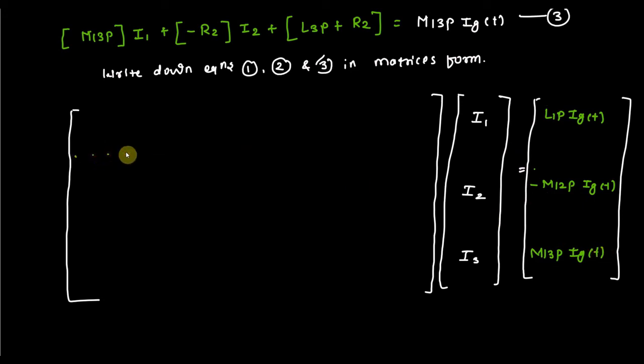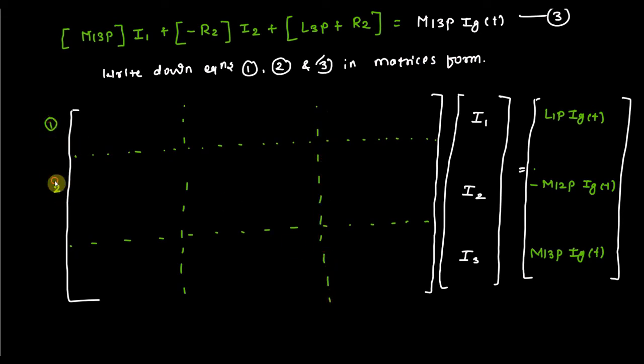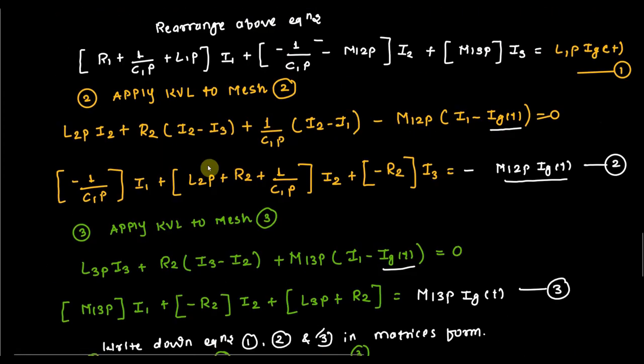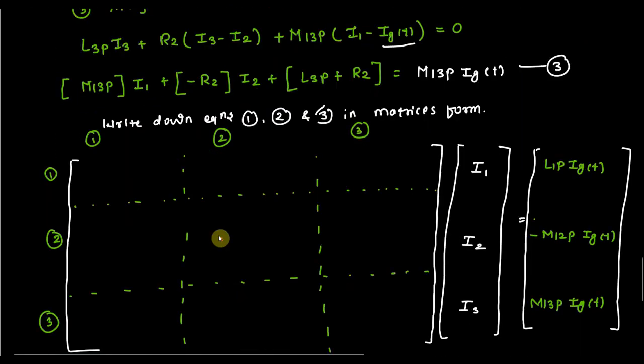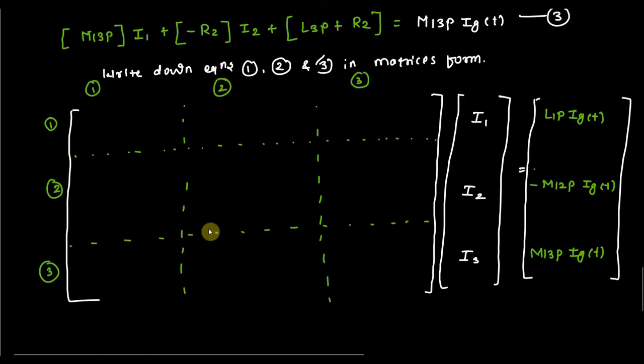Now as there are three meshes, the size of the matrices is 3 by 3, so definitely there are 9 elements, so I will divide this in a 9 element pattern. So this is mesh 1, mesh 2, mesh 3, and this will be mesh 1, mesh 2, mesh 3. Simply put down all these equations 1, 2 and 3 in this matrix form. So we will get the first term is